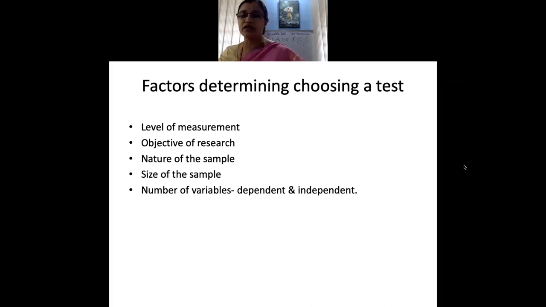I've sent you one research instrument which has not been validated. It's a good questionnaire, only thing is it's not been validated yet. So you can use that as an example. Please note the first part of it: your age, the income, the educational qualification, the designation, the type of industry, the number of employees, the size of the company. All this is given initially. This is the initial data that you collect about the sample. This is called a demographic profile.